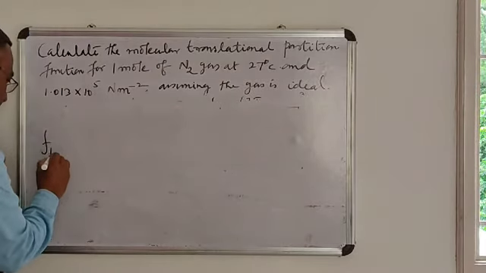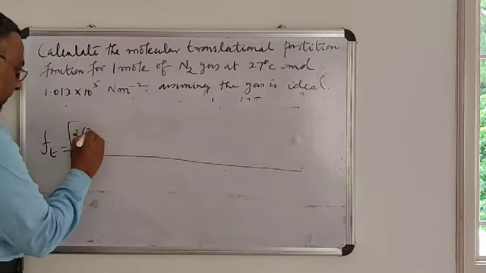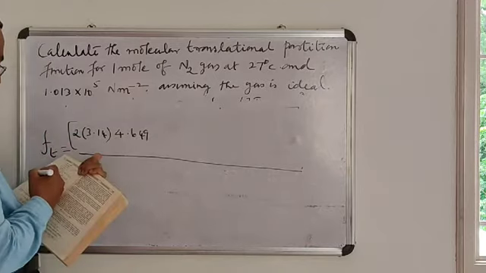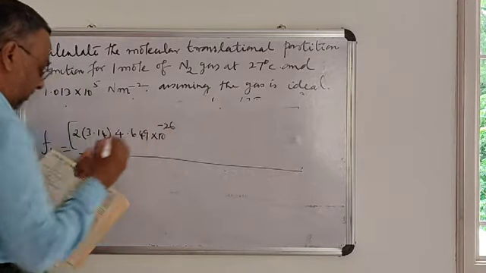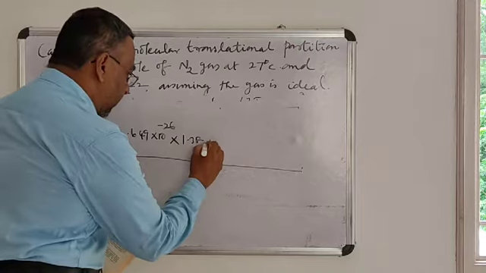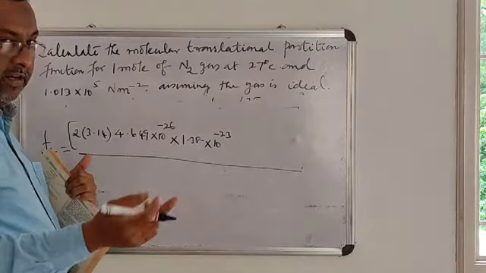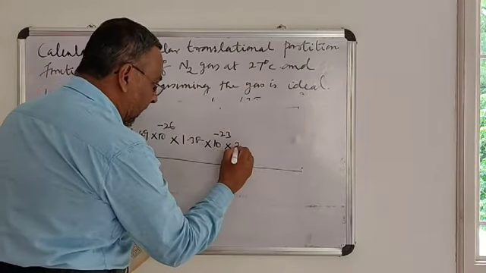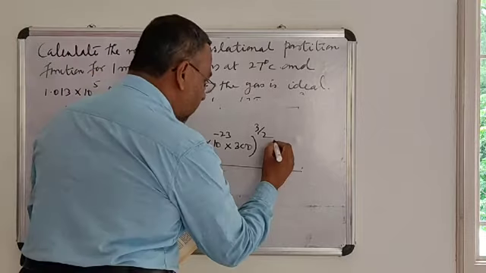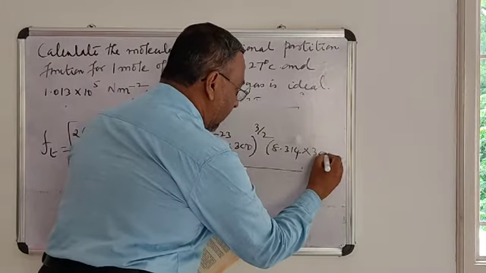That is, f of t is equal to 2 pi, 3.14, mass 4.649 into 10 to the power of minus 26, into Boltzmann constant 1.38 into 10 to the power of minus 23, temperature 27 degrees centigrade, 27 plus 273, I am converting into Kelvin, 300, power 3 by 2, into R, gas constant 8.314, again temperature 300 because 273 plus 27,